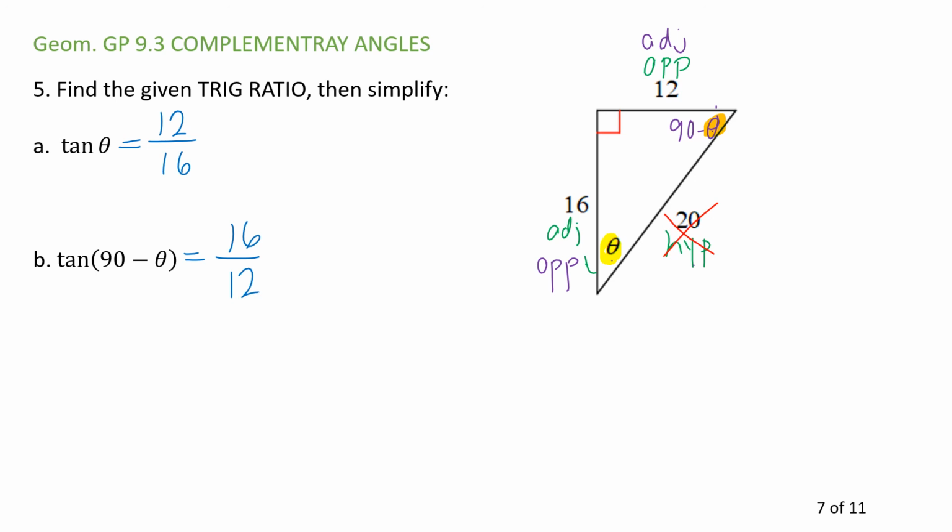It's not a coincidence that it's just reversed, because the tangents of opposite corners are always going to be reciprocals of each other. This is 0.75. It's not as easy to see if you convert to the decimal. It's easier to see with 16 over 12 versus 12 over 16. So tangent is kind of its own